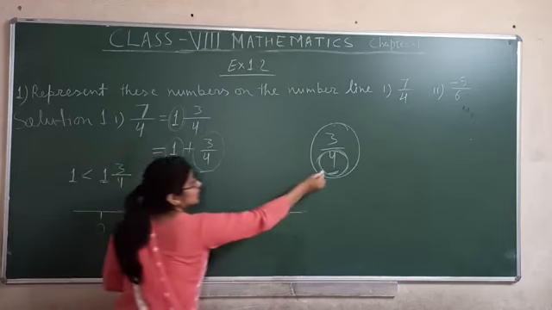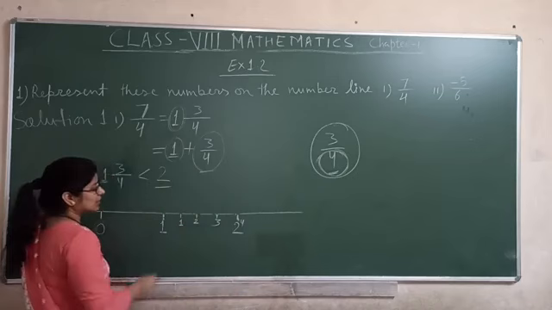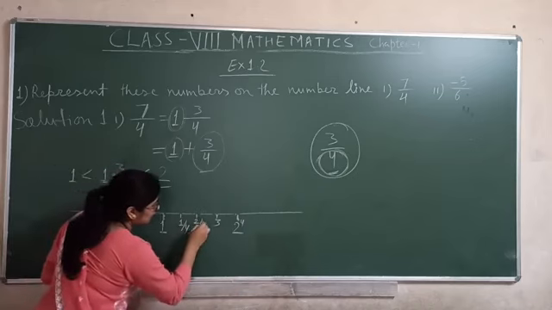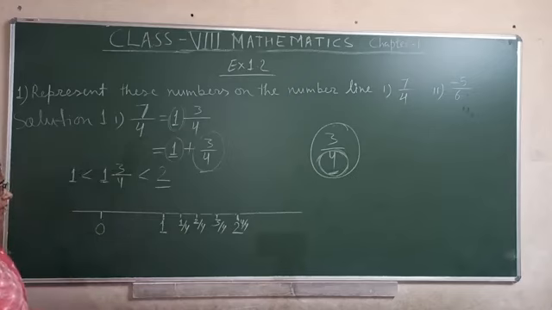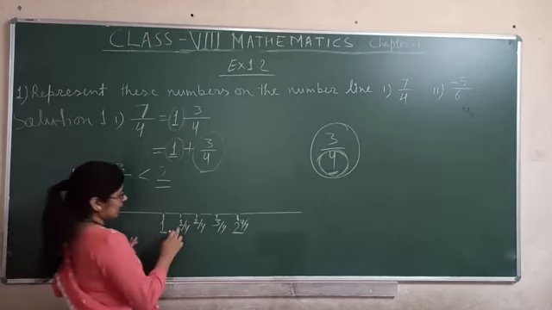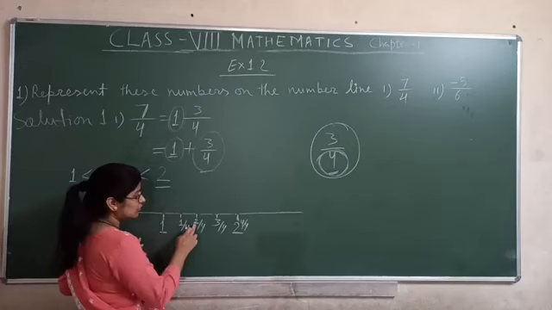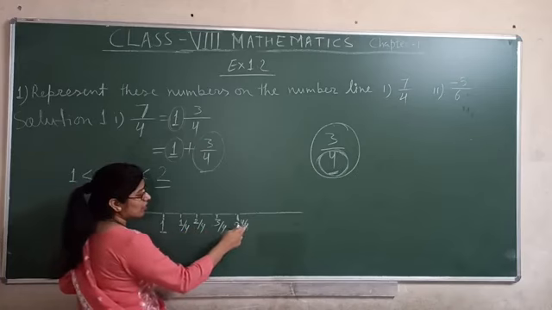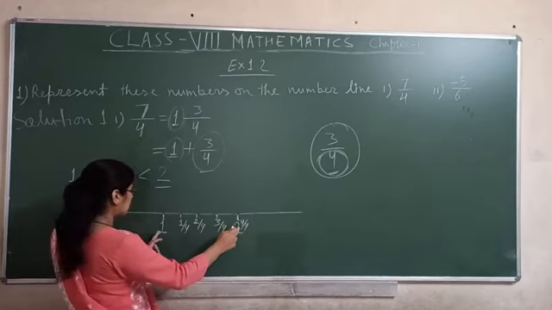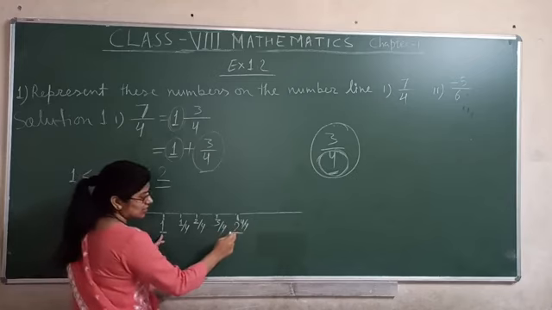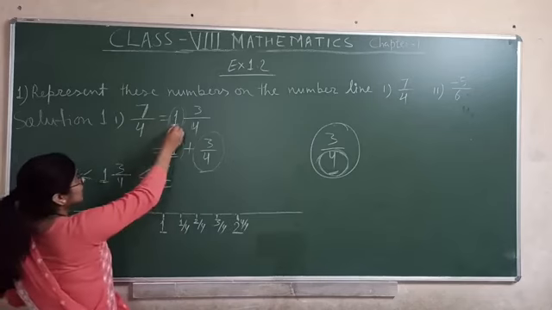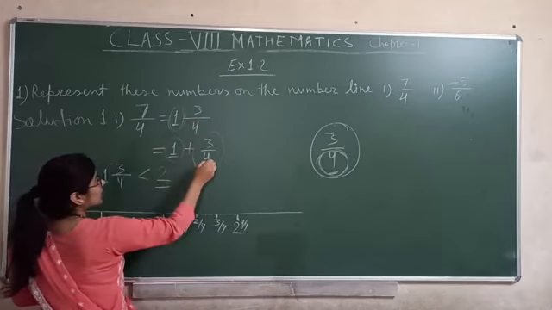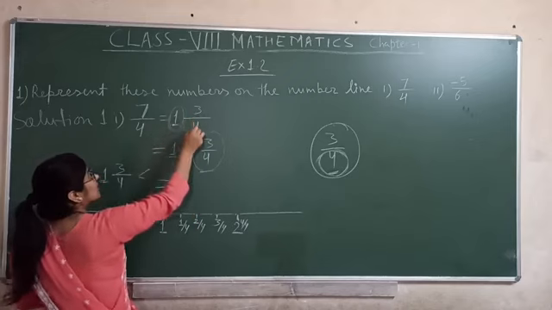4 is written here, so up to 4 you have to write. Then divide by 4, divided by 4, divided by 4, divided by 4. Okay. So you are getting 1/4, 2/4, 3/4, 4/4. 4 divided by 4 is 1. So you got 1 here. 1 was already there. 1 plus 1, so 2 here. Okay, we need not 3/4 only, 1 whole 3/4.